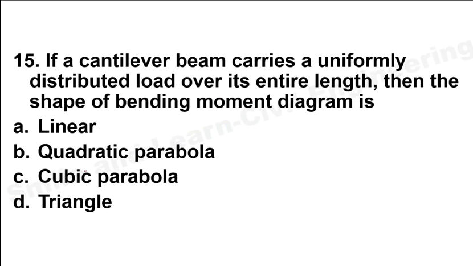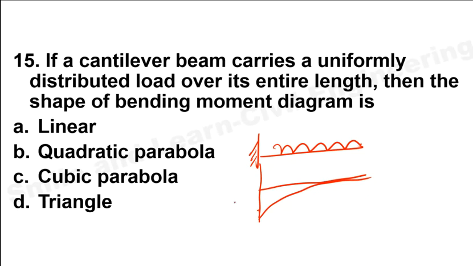Next question, if a cantilever beam carries a uniformly distributed load over its entire length, what is the shape of the bending moment diagram? So this is a cantilever beam with a UDL. We all know the bending moment diagram will be a quadratic parabola. Cubic parabola is for load varying from 0 at one end to maximum at the other end. So the correct answer is option B. This is a quadratic parabola, that is WL square by 2 will be the moment over here. This is the BMD. If you know the shape of the SFD, you can mention it in the comments